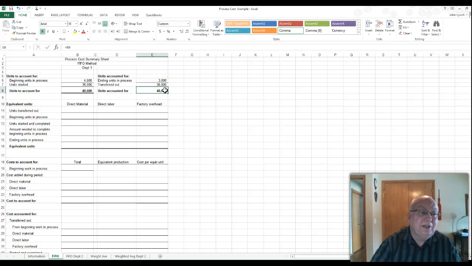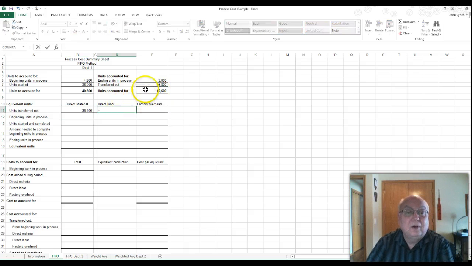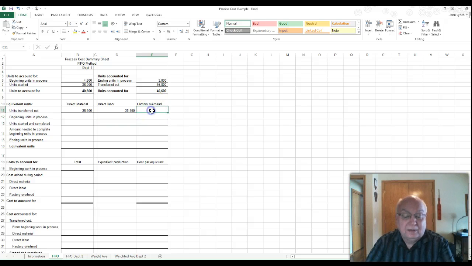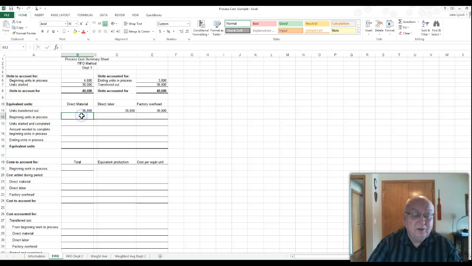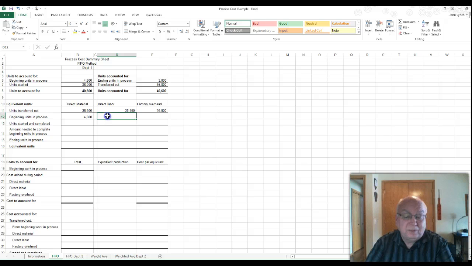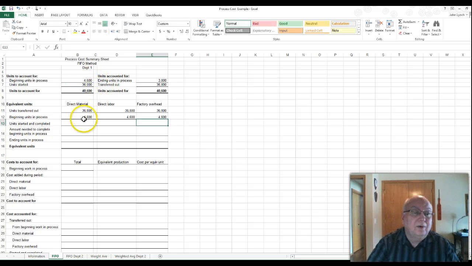Now, like I said, in our case it was given to you, but it doesn't have to be. They give you 3 of the 4 numbers, and that's why I like this little chart. Units transferred out then is simply equal to the 36,800, and that is all the way across. So that's 36,800. Okay. Beginning units in process for FIFO, you subtract off the beginning units in process because what you're looking for is simply